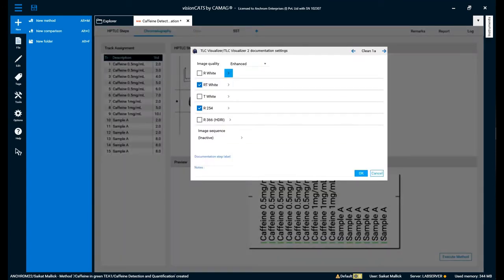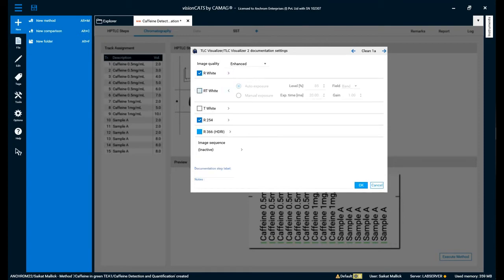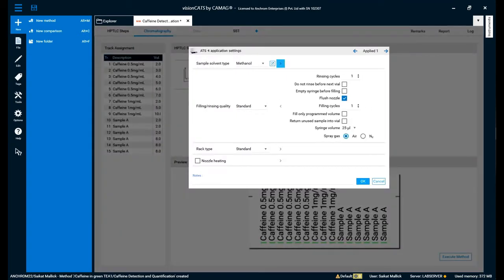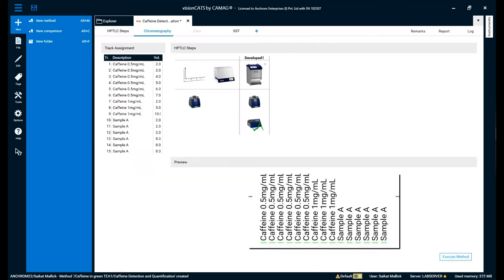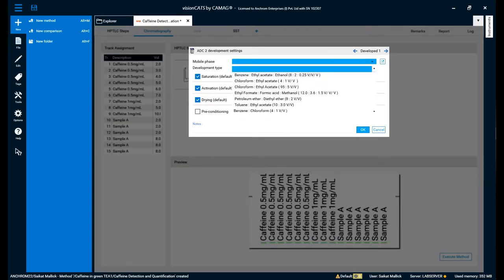You can now fill in the various parameters of visualizer, scanner, ADC2. Choose your suitable mobile phase.